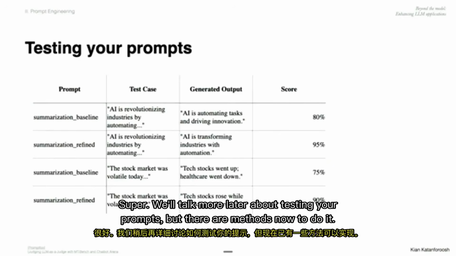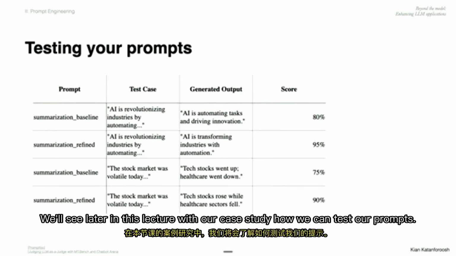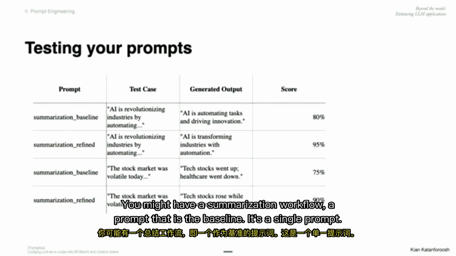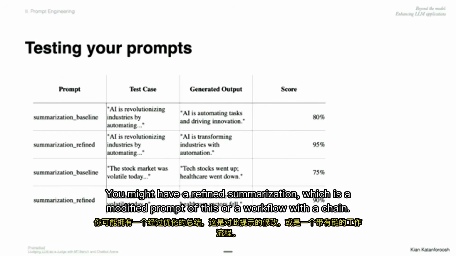We'll talk more later about testing your prompts, but there are methods now to do it, and we'll see later in this lecture with our case study how we can test our prompts. But here is an example of how you might do it. You might have a summarization workflow, a prompt that is the baseline. It's a single prompt. You might have a refined summarization, which is a modified prompt of this, or a workflow